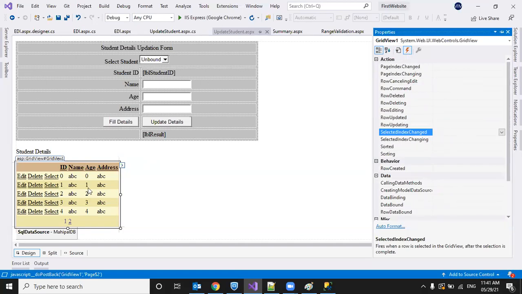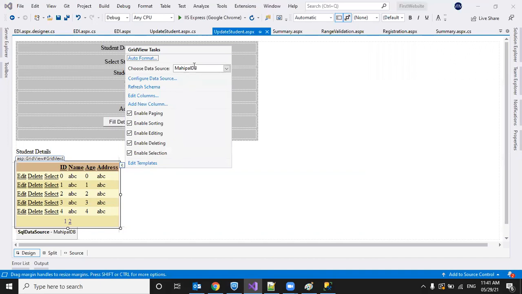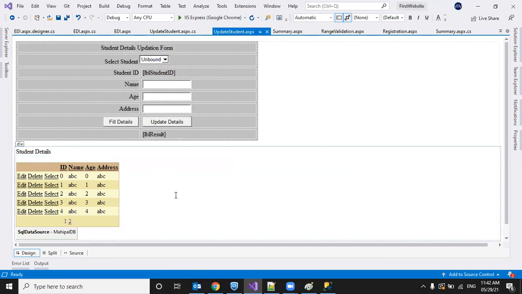As of now, we did not write any code except selecting this data source. This data source is automatically fetching the data and binding it to the control, and providing features like enable paging, enable sorting, enable editing, deleting, selection. Suppose we want to customize this logic.